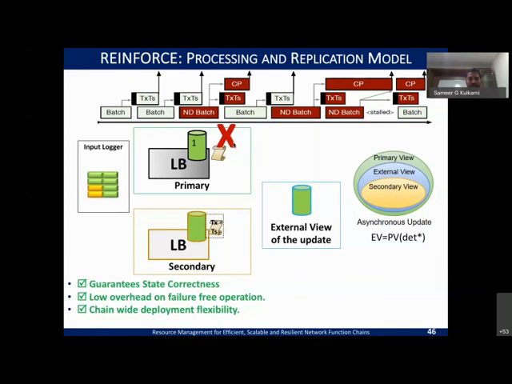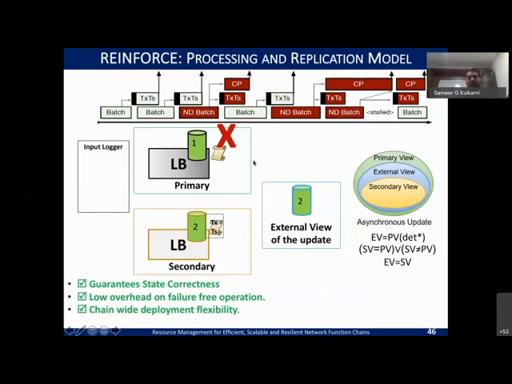So let's see this failure scenario. Let's say this network load balancer were to have failed when it has state 1. At that time your logger would have had the deterministic set of packets that you had and a batch of non-determinism that would have caused this state update, right? So in that case, when you replay, you drop the packets that you know you have already released. How do you know that? Because you check this timestamp and see that you have already processed them, so there is no need to process them again. So there is no additional synchronization required. And next, when you get a new set of packets, you process them and see that it can work without trying to see what has happened at this load balancer.